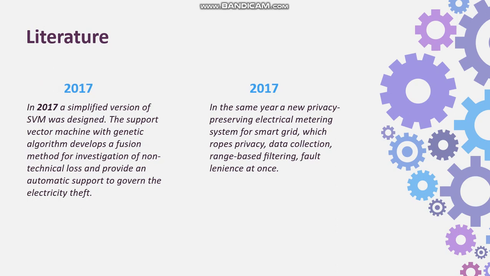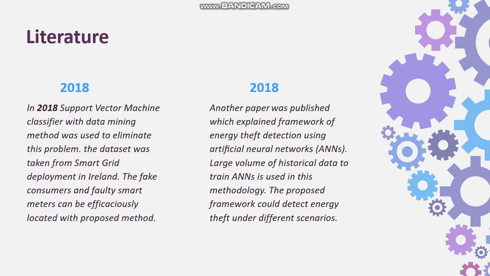I will tell you about the literature that has been published earlier. In 2017, a simplified version of support vector machine was designed. Support vector machine with genetic algorithm develops a fusion method for investigation of non-technical loss and provides automatic support to govern the electricity theft. In the same year, a new privacy-preserving electrical metering system for smart grid was proposed, which supports privacy data collection, range-based filtering, and fault linear at once. Similarly, in 2018, support vector machine classifier with data mining methods were used to eliminate this